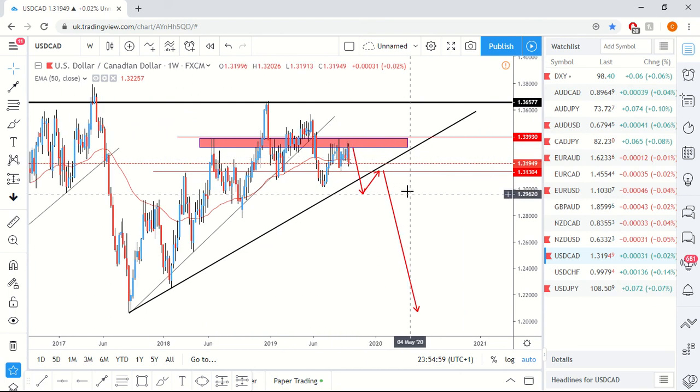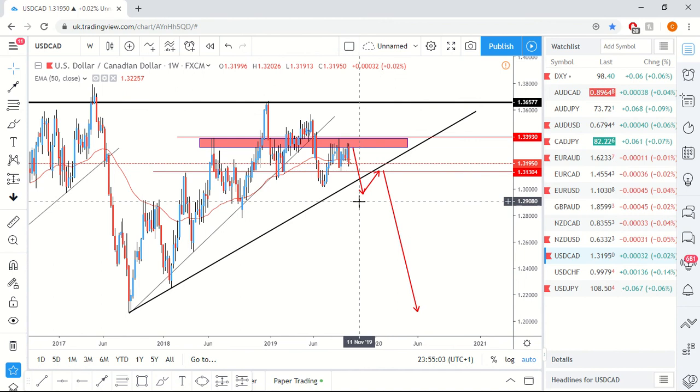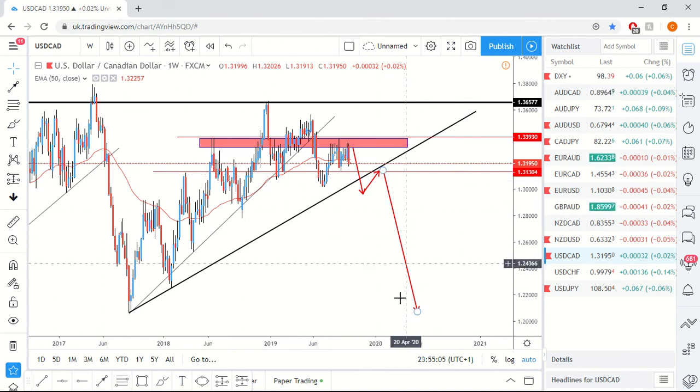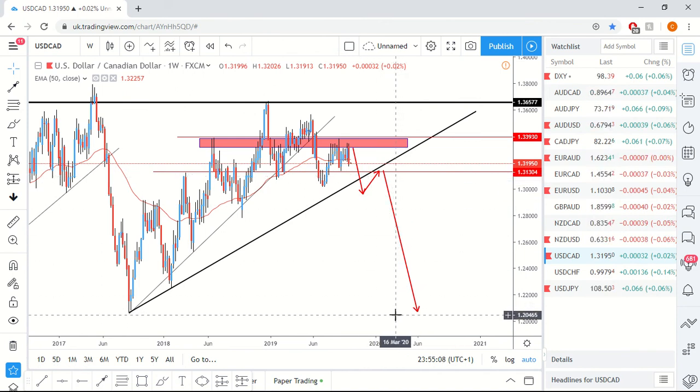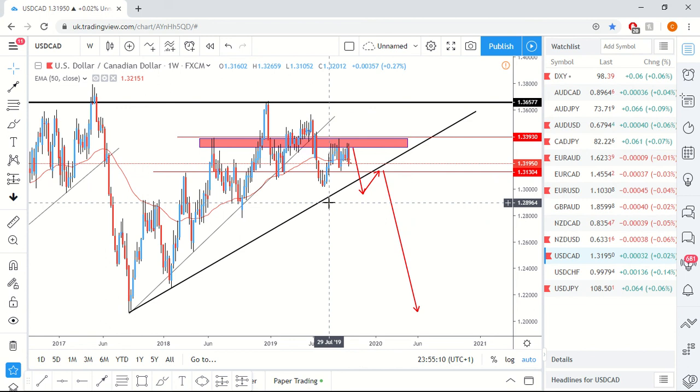So now what I want to see is a break below this 1.31304 support, break through the trend line, retest at the support level, and then a long-term move down, which you see over 1,000 pips. So I'm still really watching this one every week, and as the weeks go on, we get closer to that trend line and look for that key area to watch.